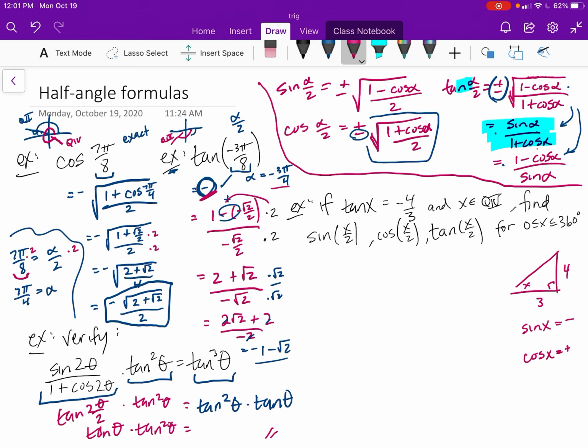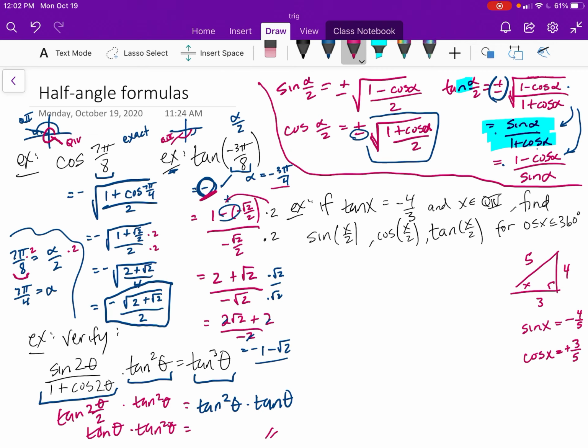So again, we don't need the angle. Use Pythag, you'll see this is a 3, 4, 5 triangle. I'm not going to do that work. But sine is negative 4 over 5. Cosine, adjacent over hypotenuse, 3 over 5. So that's why we didn't really need to worry about positive or negative in that one. Now if you drew it accurately in quadrant 4, you would notice the 4 would be the y, and that is in fact negative, but I preferred to do it like this. Okay,